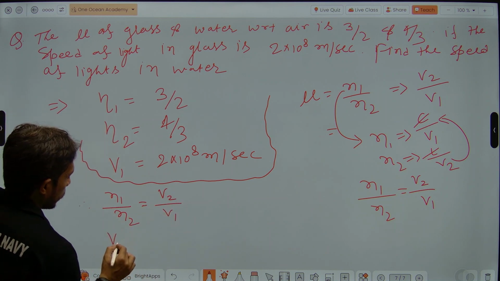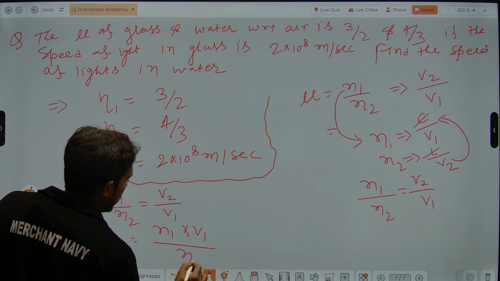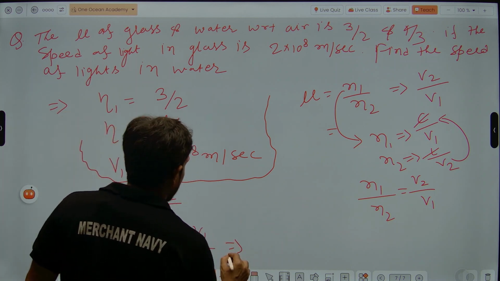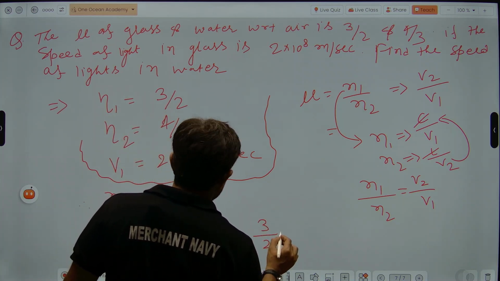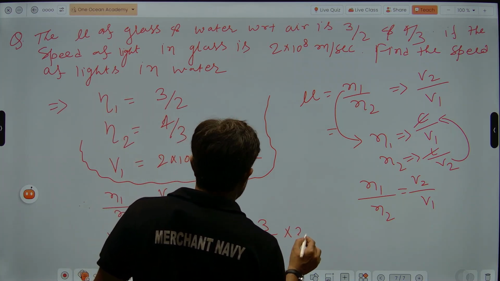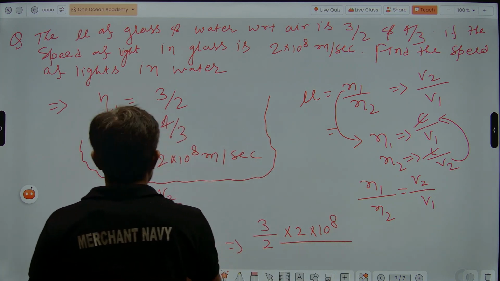From here we get V2 equal to n1 into V1 upon n2. That will equal n1 which is 3 by 2, into V1 which is 2 into 10 to the power 8, upon n2 which is